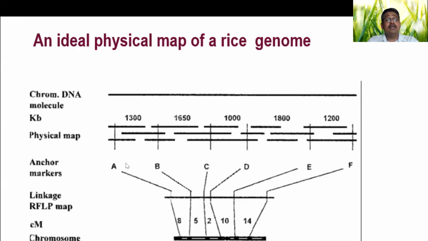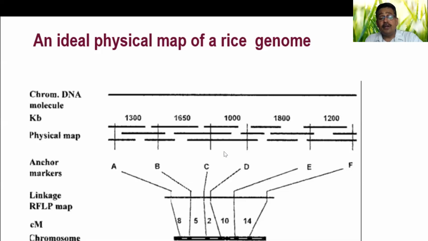When you screen a BAC library, if a particular marker is positive in a particular BAC clone, accordingly the total BAC library is screened and the location of the markers is identified. Based on that, they try to link the genetic map and the physical map. This is in short. Maybe in your genomics and proteomics course, Ravindran may be talking about how physical maps are constructed and how they are linked.